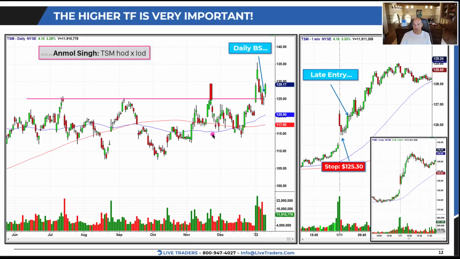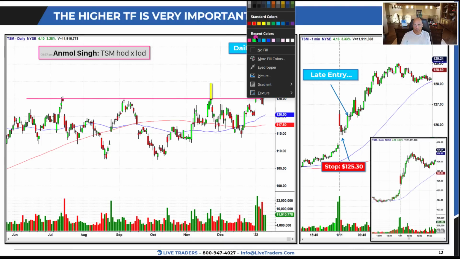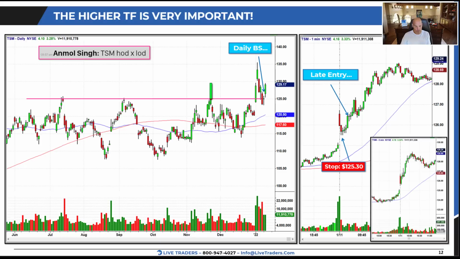Okay, so someone else might look at this and go 1, 2, 3, 4, 5 days up. Okay, and remember, it's important. We'll do this so we can get our analogy done. At one point in time, hold on, I keep making mistakes. All right, at one point in time, this is a wide range green bar. I mean, literally, it just looked like that. Now, how are you thinking? How are you feeling about that? If you're an intraday trader and you're like 1, 2, 3, 4, and the 5th bar is massive, you're thinking there's probably going to be a pullback, but